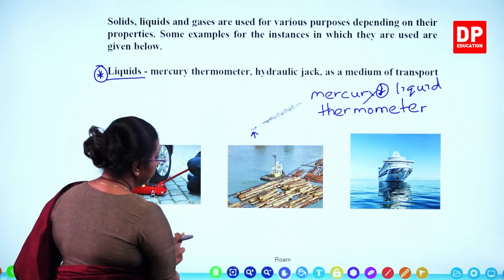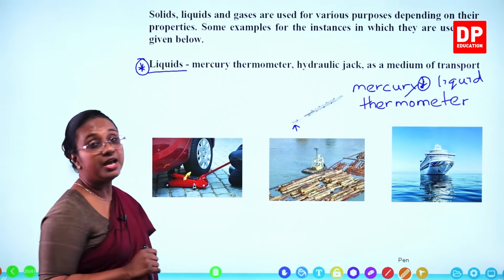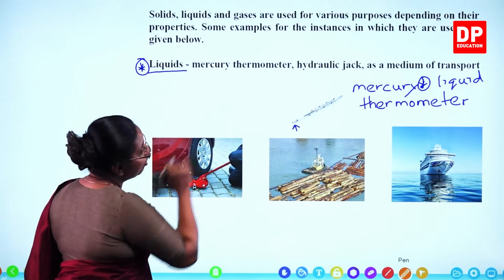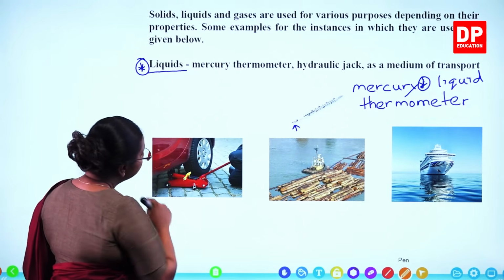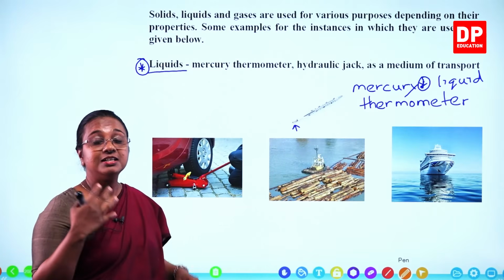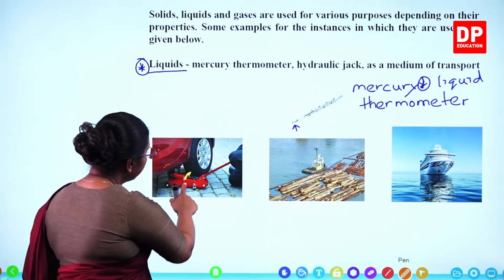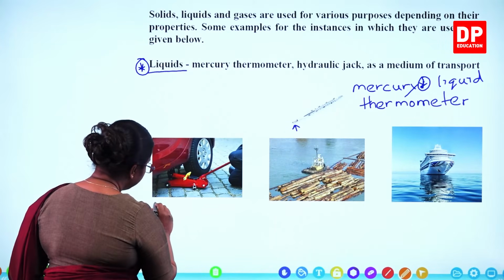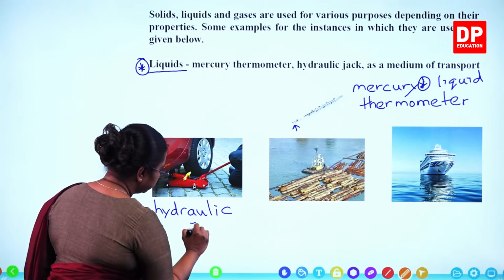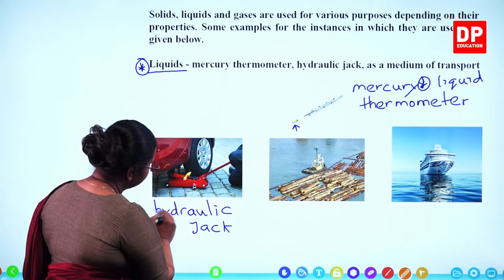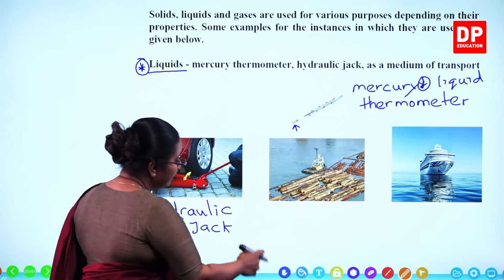Then here we have the hydraulic jack. The second one, this is a hydraulic jack. Hydraulic means a liquid. You know the use of a jack to raise the vehicle so that you can change the tire in case the tire becomes flat or something. So you use the hydraulic jack. The hydraulic jack uses a liquid. That's why the name hydraulic, related to a liquid. Then we use